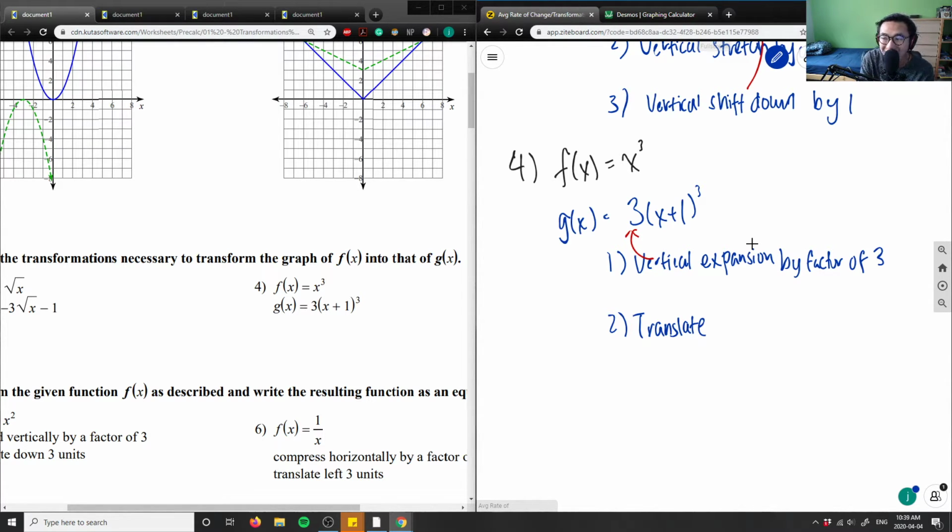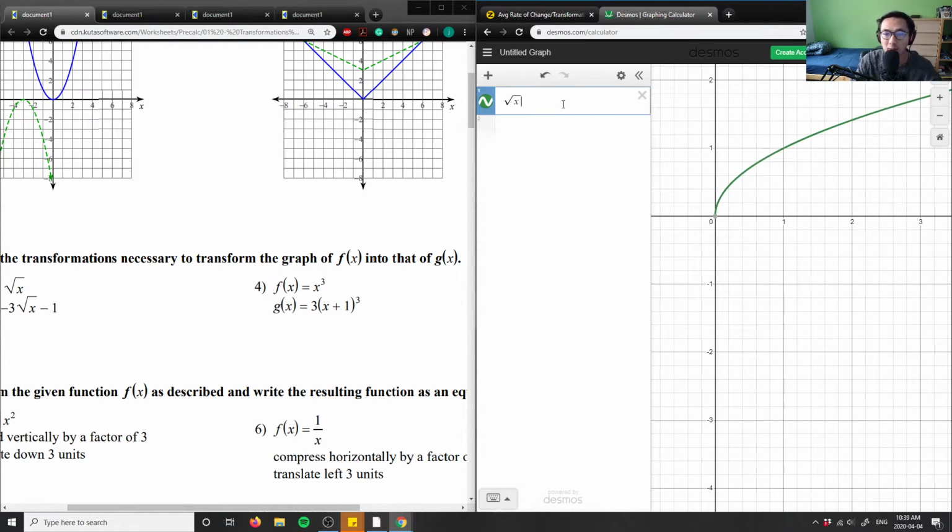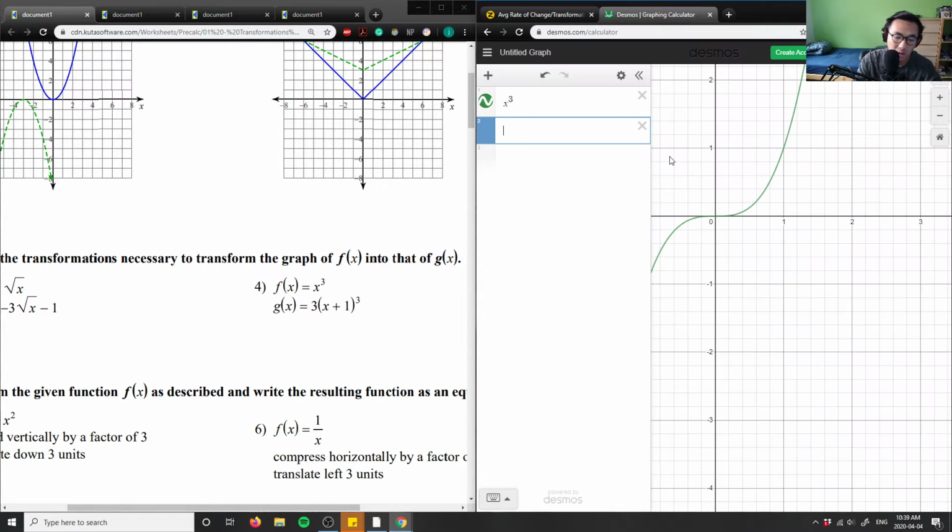It's going to translate left by a factor of, not a factor, by what number? By 1, right? So it's going to translate left by 1. And this helps me visualize this positive 1 here. So let me graph this for you again. My function here is x cubed, and then my transformed function is 3 times (x plus 1)